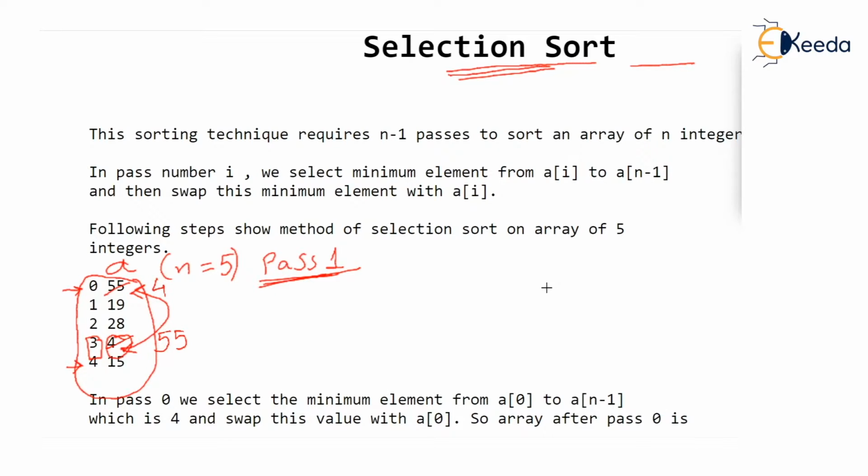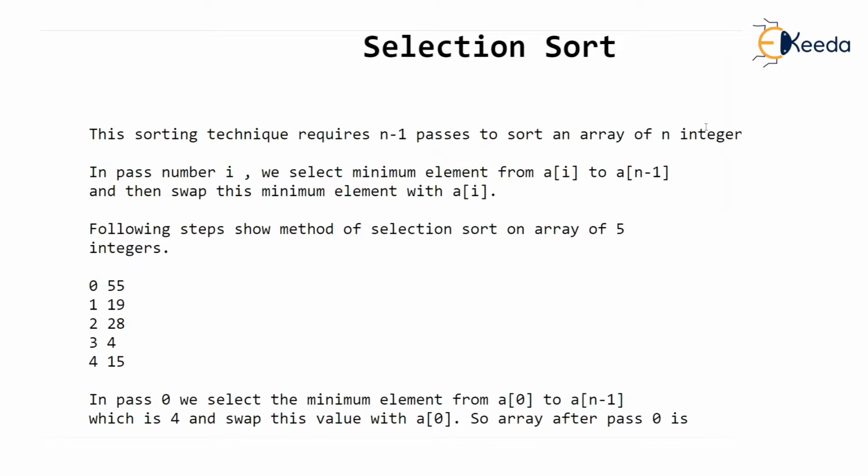Actually, when I numbered this pass as pass 1, nothing bad about that. You can number the pass from 1, but it would have been better if I would have numbered this pass as 0. What difference it makes, you might feel, if we count pass as pass 1, pass 2, that is step 1, step 2, step 3, or step 0, step 1, step 2, step 3. But our conversation will improve if we number the pass from 0.